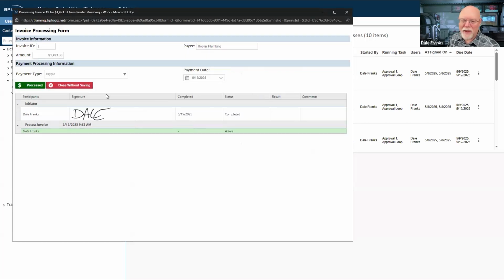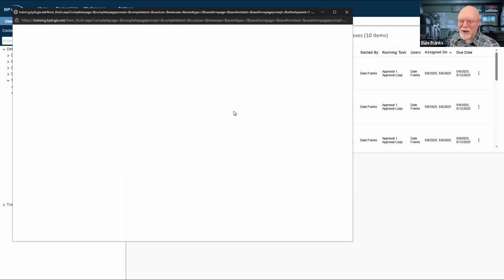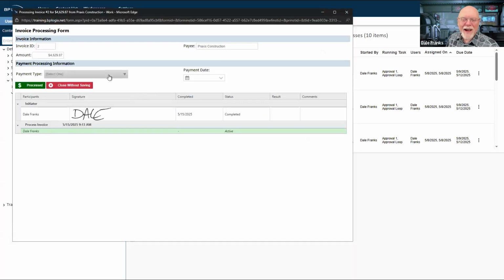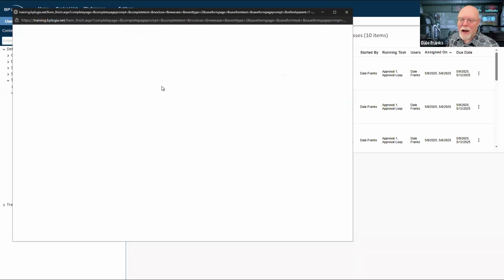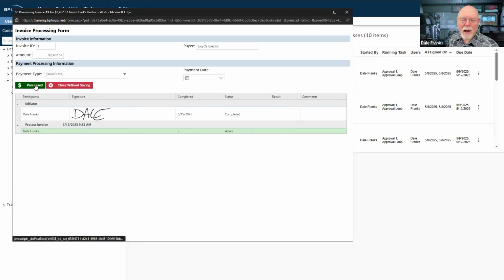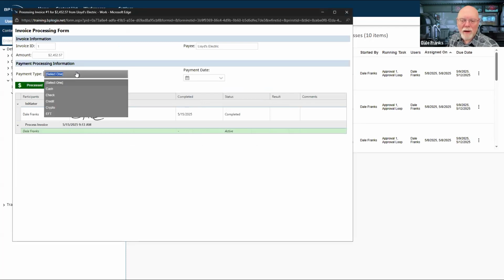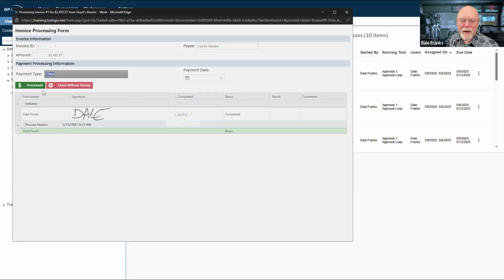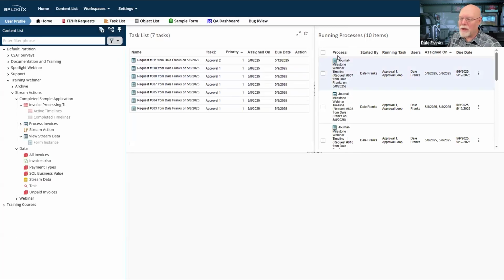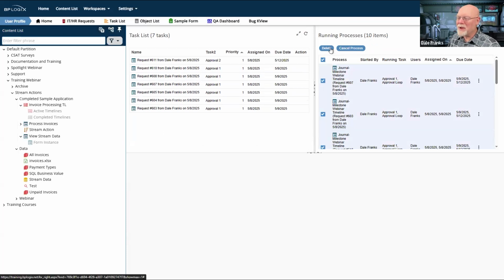We'll let them pay with Ethereum, I guess, or Bitcoin or Dogecoin or whatever. And we'll go ahead and we'll put that one back to check. And we'll go back over here and well, let me put my data in and we'll process that one. Now, all of my invoices have been processed, and all of the ones from last week's webinar, I'm just going to go ahead and delete all of those running processes, which should clear my task list.